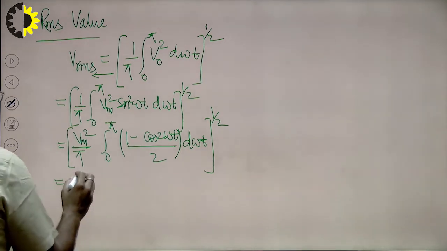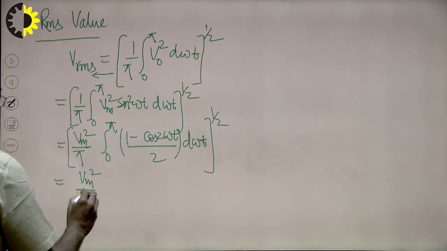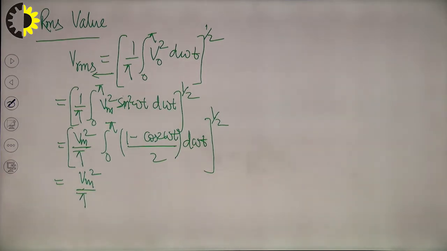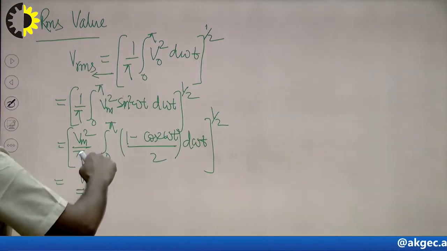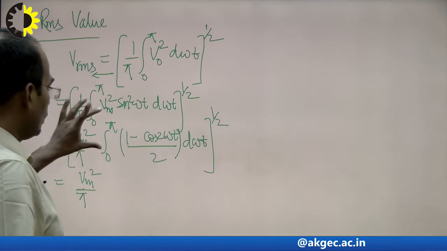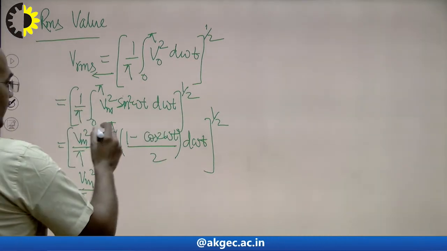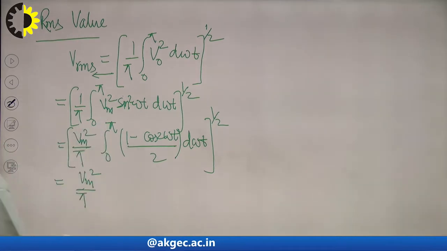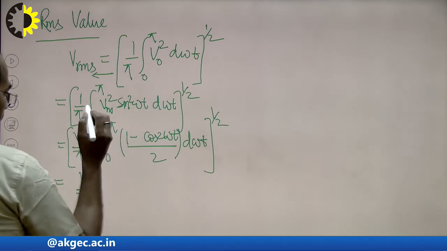I can rewrite this as Vm square by pi. When I integrate this cos 2 omega t from 0 to pi, it will become sin 2 omega t by 2. So sin pi will be 0 and sin 0 will be 0. So what will I get here? I will get only